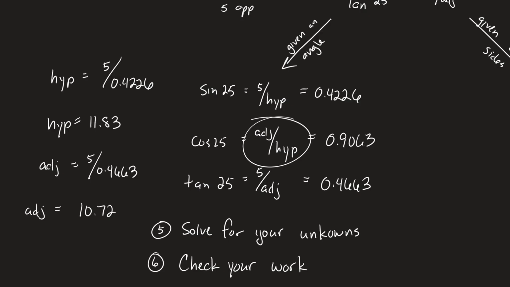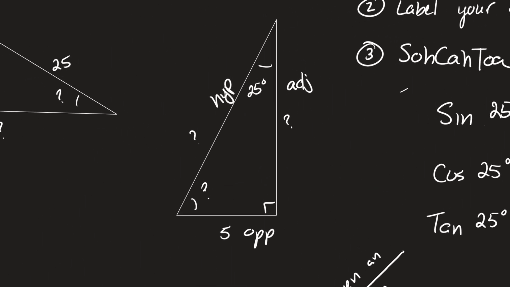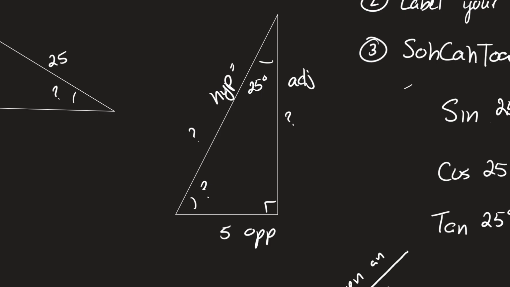So that's what I'm going to do. 10.72 divided by 11.83. I get 0.9064. That's really close. I think I did it right. You can check your work. That's why getting these wrong really is insulting, because you can check. You can make sure. If you made an algebra mistake, it'd show up right there. If you made an arithmetic mistake, it would show up right there. Now, that's pretty straightforward. I do know that you could have come up here, put in your hypotenuse and adjacent side. You could have also used,